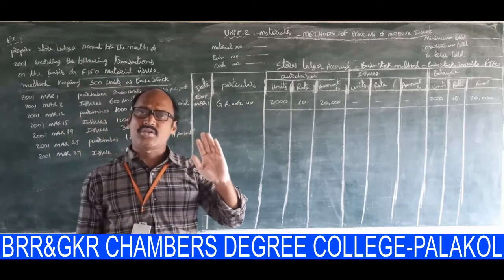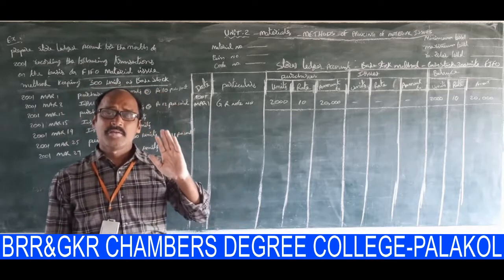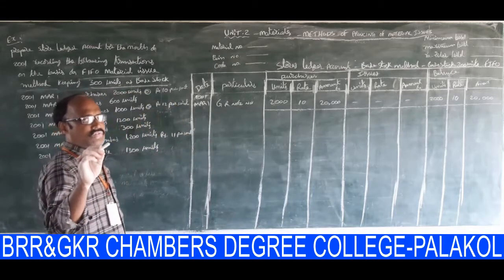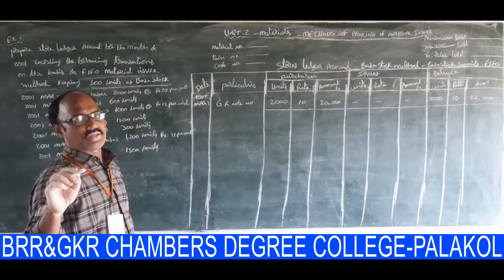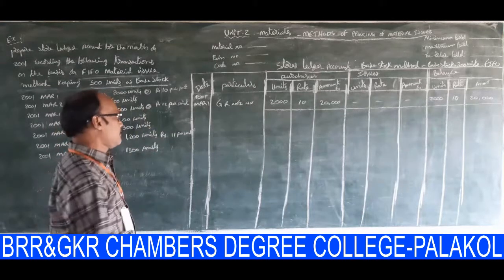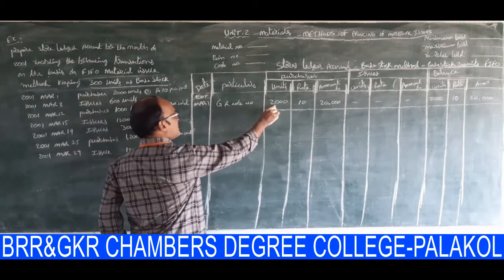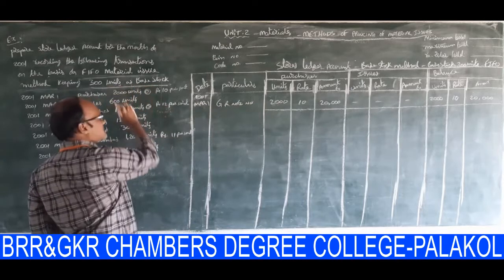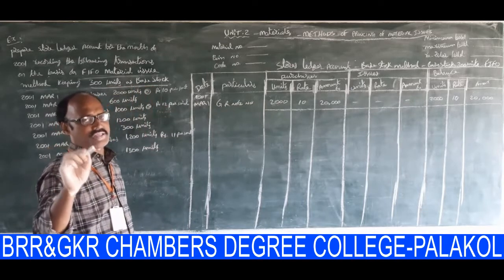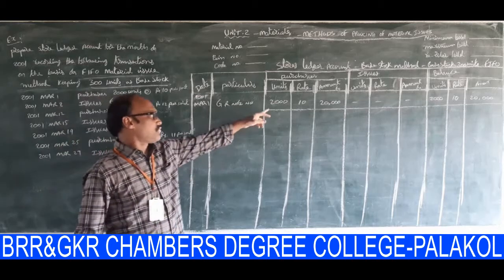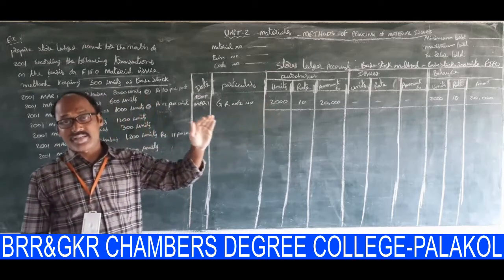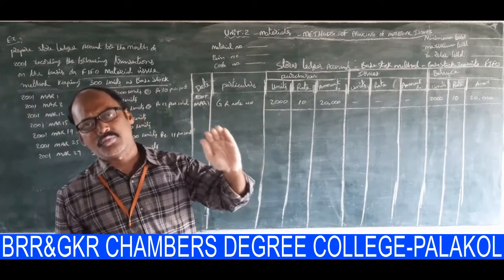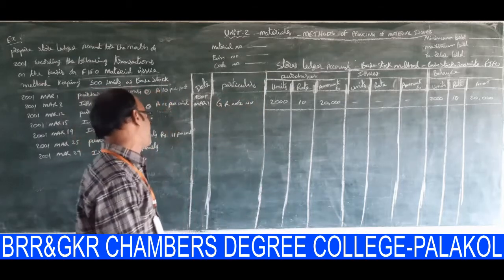So the remaining 300 units are maintained as base stock. Don't forget that one, because this is the FIFO method. FIFO method means, you know very well, first in first out. So these 2000 units are received as on 1st March 2001. How many units are base stock here? 300 units of base stock. So from this, 300 units maintained as base stock, remaining 1700 units are eligible to issue. Don't forget that one.